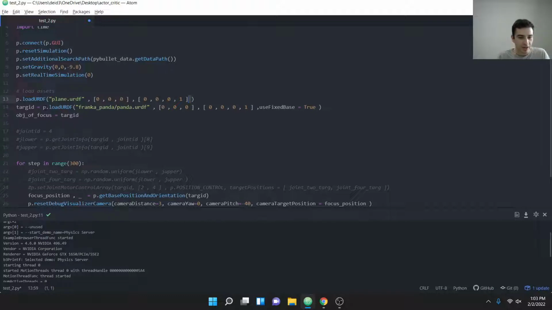And we also need to load our robotic arm. So we're gonna do p.loadURDF, and we're gonna pass it the file path for the panda, which is franka_panda/panda.urdf, and we're gonna tell it just the position. We just want it in the center of space, 0, 0, 0, and orientation is the default upright orientation, and we use fixedBase equal to True as an argument